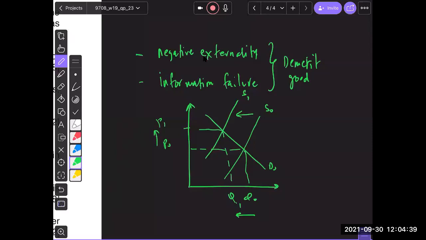So then we talk about what other policy, and because it's a good which is a demerit good, there is also information failure, right? So you can talk about another way to go about this is to reduce